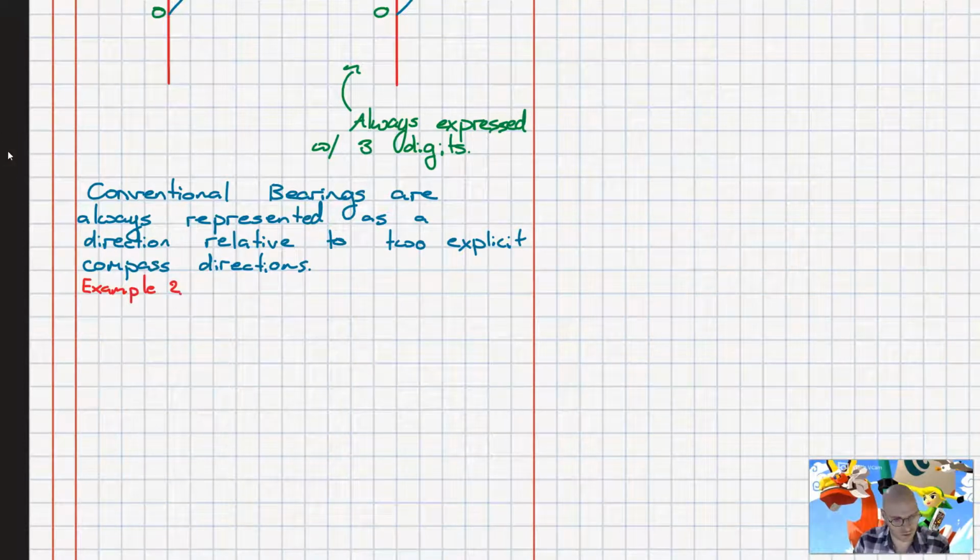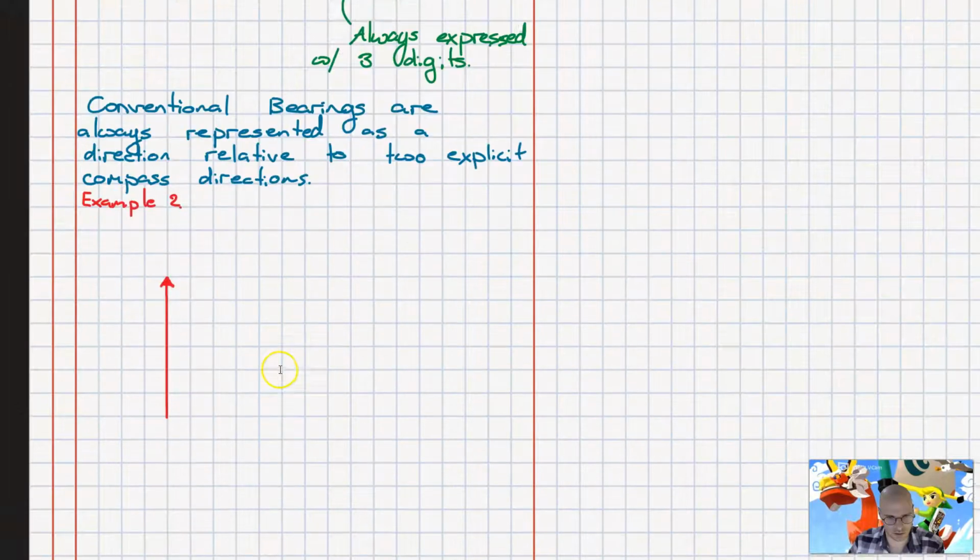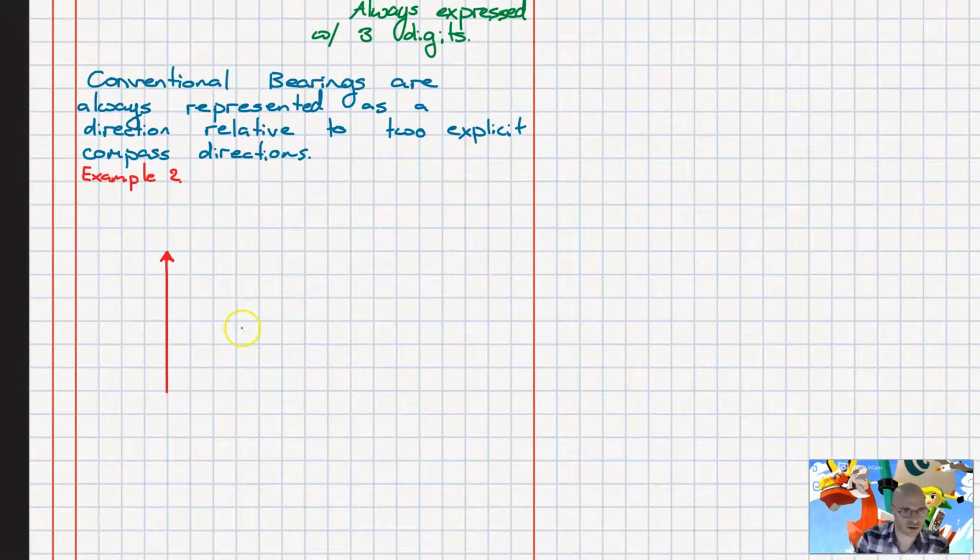Well, suppose we have a similar diagram to what we had before. So we have an arrow and we're pointing upwards to 23 degrees like before. We say we're starting off at the origin and finishing at point A,